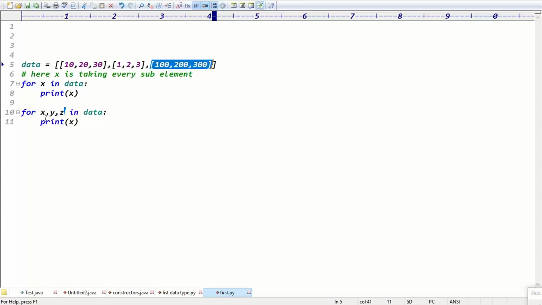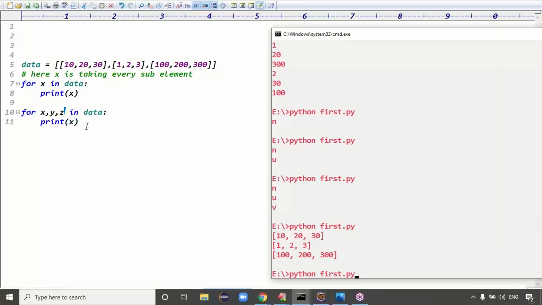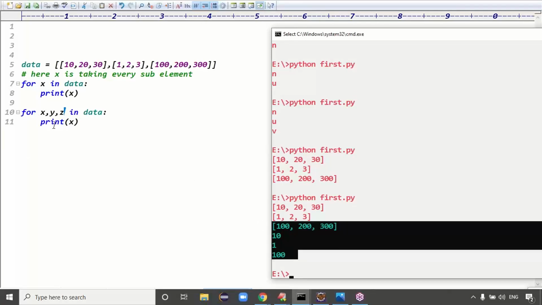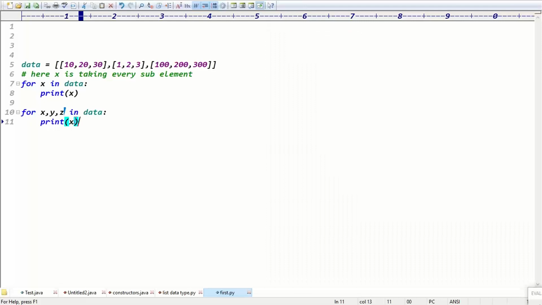Now 10, 100. So x means every sublist's first element, because the first element is taken as x. This is x, this is x, and this is x. Every sub element is taken as the x variable, so we will get the output 10, 1, 100. Guys, I hope you got the clarity. Here printing x means I take the complete sublist, I'm not unpacking, directly I'm taking the data.